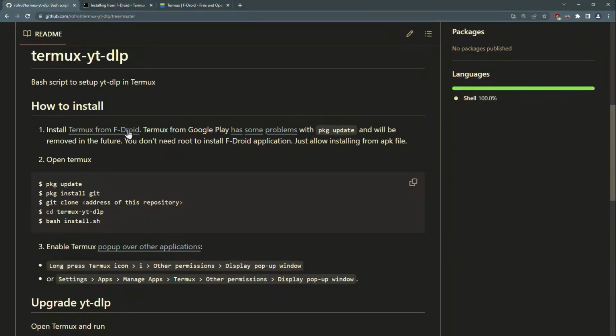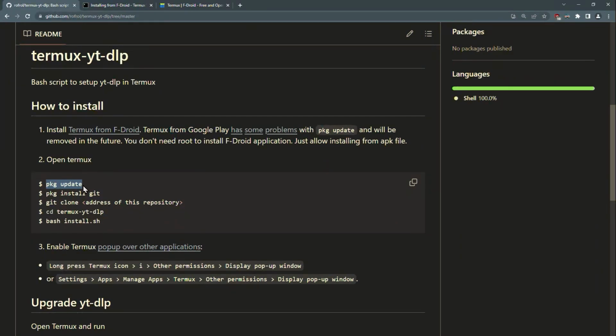And then inside of F-Droid, you look for Termux, you install it. There's a version in Google Play Store, but apparently it has some problem. I haven't checked it. If you want to test it out, you can. Basically, once you have F-Droid and Termux installed, so both apps, in Termux, you write this command, so